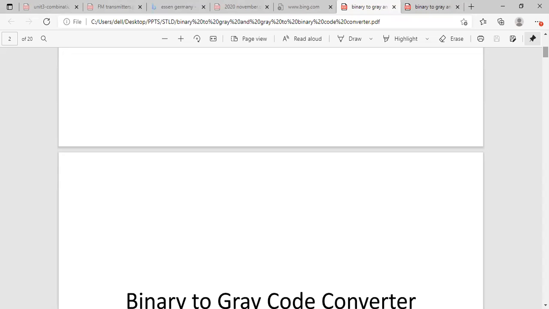Then from the truth table, you have to write the minimized Boolean expression for each output. How can we obtain the minimized output expression? From the K-map, you can obtain the minimized expression.